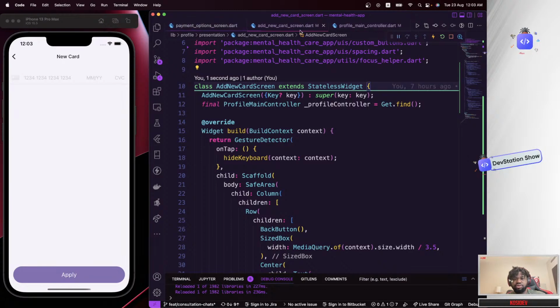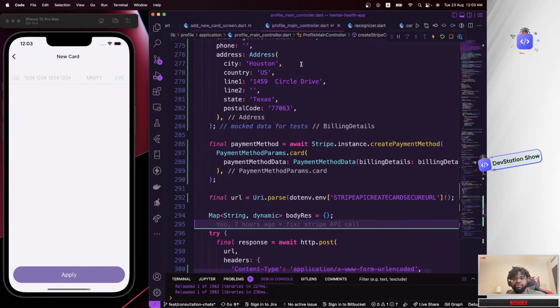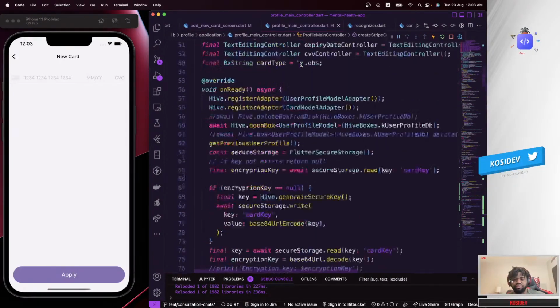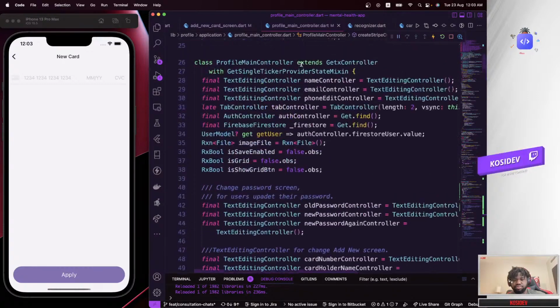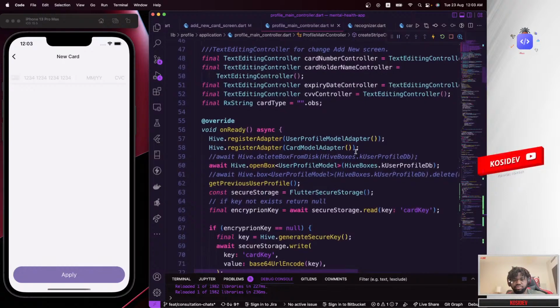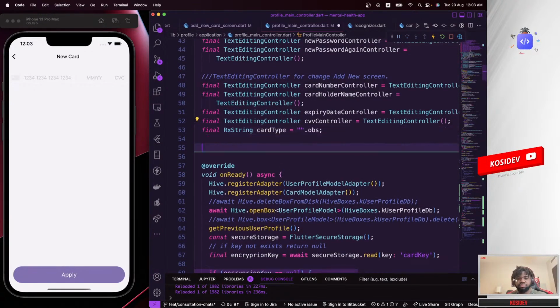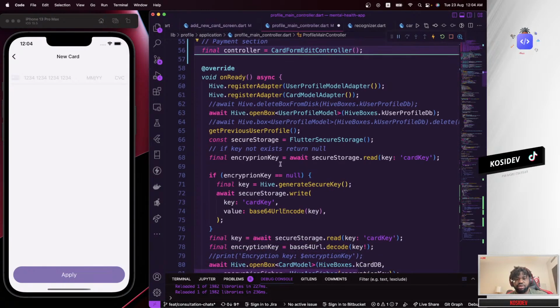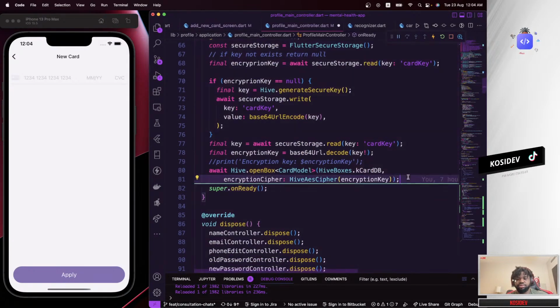So we can add that in our profile main controller right here. I'll scroll up. Okay, so I'm going to paste that in here, and then inside our onInit method, I'm going to call something like